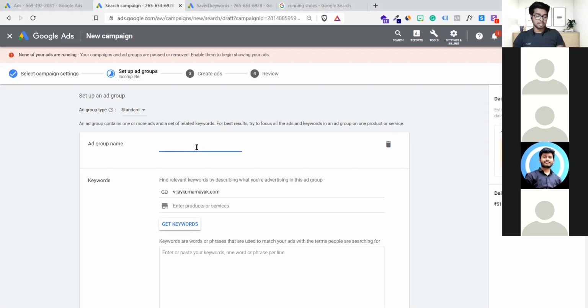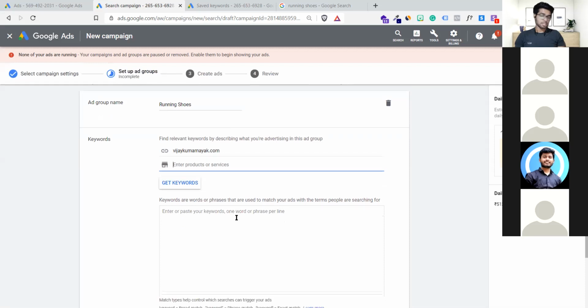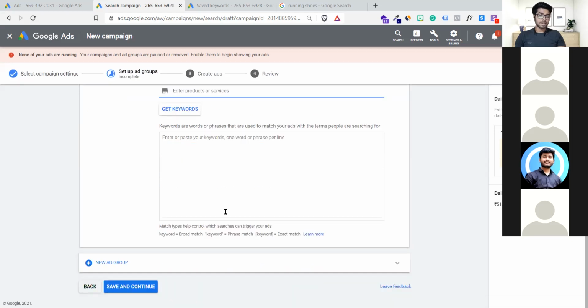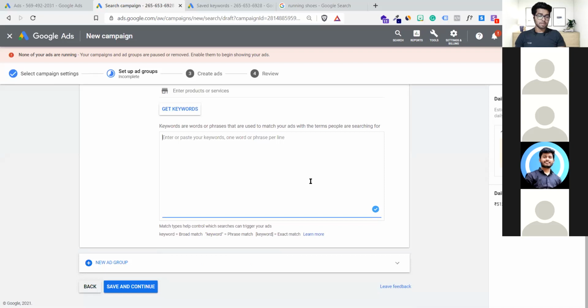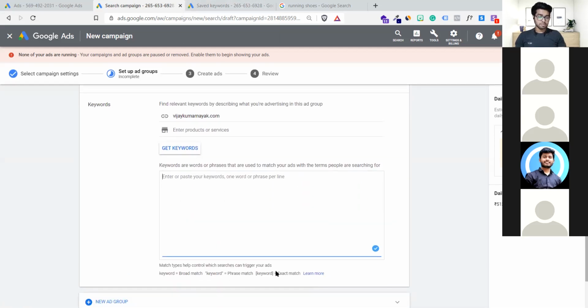Okay, let's create this. I'm creating this ad group as running shoes. My campaign is for shoes, and now I am creating an ad group for running shoes. Now this is the product or services. There is one thing here saying to get the keywords right straight from here. It has that option. But suppose I have already filtered out my keywords and I just want to paste them. If you have saved the keywords somewhere in a Google Sheet or maybe an Excel sheet, you can paste them right away, or you can add them as well. But there is no option right now to edit, so let me just bring that one quickly.